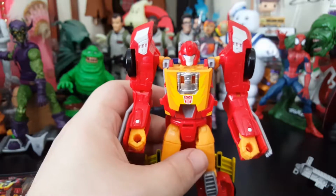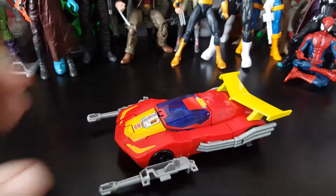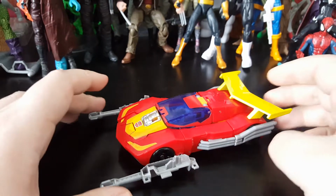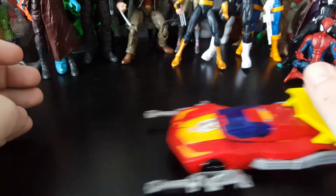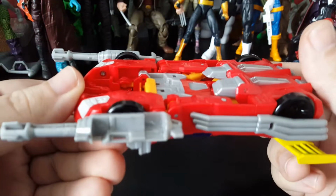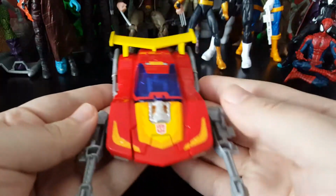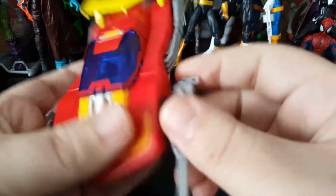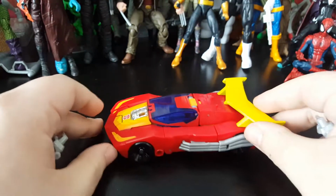Let's go ahead and check out his car mode. Here we got Hot Rod in his car mode, looking awesome. And as you can see, I put the cannons on the front. It sort of still rolls, but I could see the plastic and the wheels are very, very off. But that's how I view having the guns on them. You could take them all off, of course, and just have him as the normal car,